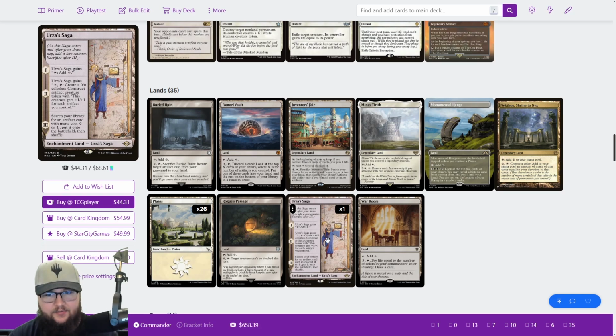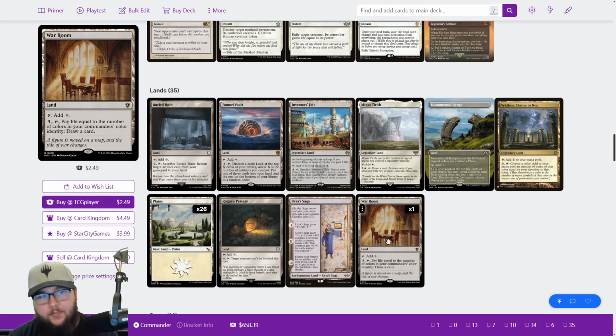So that's a really nice effect for what we're doing. War Room: you pay 3, tap it, pay life equal to the number of colors in your commander's color identity. So 1 life because we're only monocolored. Draw a card, so just being able to pay 3, tap, draw a card. So kind of 4 mana because you also have to tap this land,